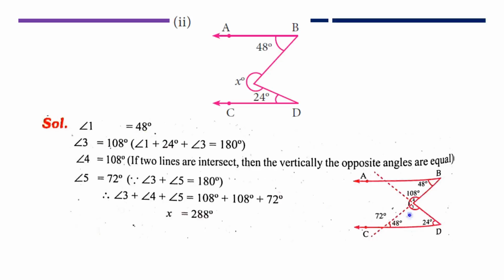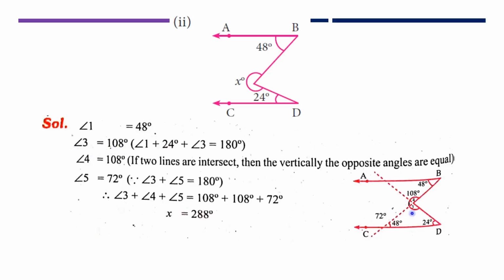Next you have to see this triangle. Already we know the sum of the angles inside a triangle is 180 degrees. Here, by using the alternate angles, we found 48 degrees. This 24 degrees is already given. Here angle 3: angle 1 plus angle 3 plus 24 degrees is equal to 180 degrees. Angle 1 is already known, 48 degrees. So 48 degrees plus 24 degrees is 72 degrees. That 72 comes to this side as minus 72. So 180 degrees minus 72 means angle 3 is 108 degrees.